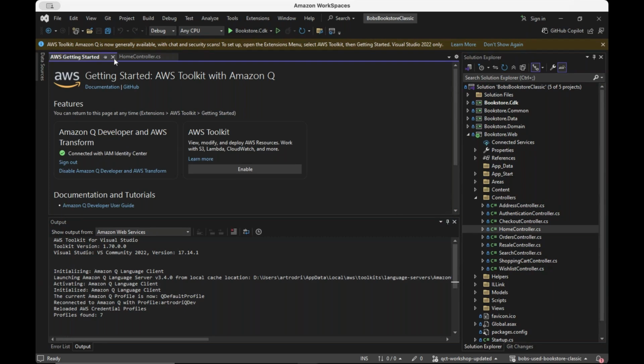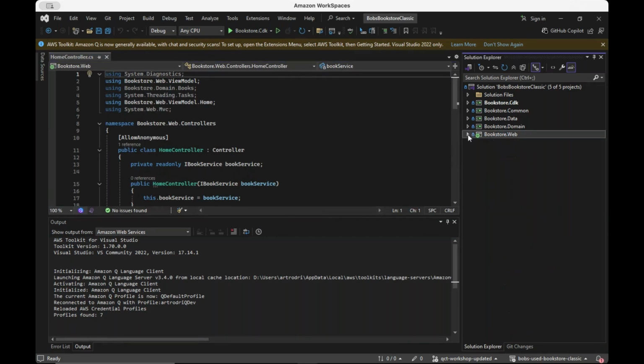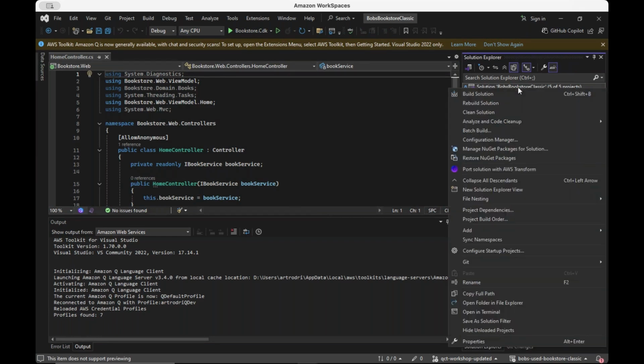So in that specific scenario, I wanted to transform this entire solution. For this to happen, I go to the solution, right click on it, and then I see an option that says port solution with AWS Transform.